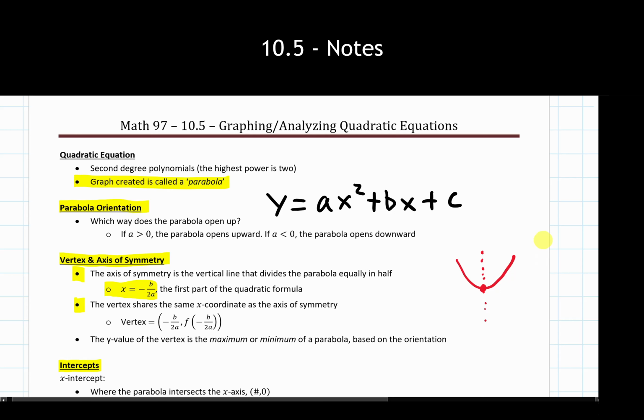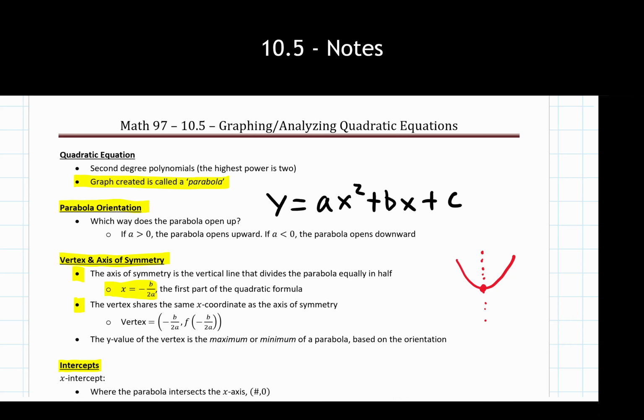So, as it turns out, we are again using standard form. The vertex of our overall parabola is going to be of the form, the b value, or an x value I should say, of negative b over 2a. So what's kind of nice about this is the x value of the vertex is the same thing as the axis of symmetry. So these two go hand in hand together. If you know one, you can automatically jump to the other.